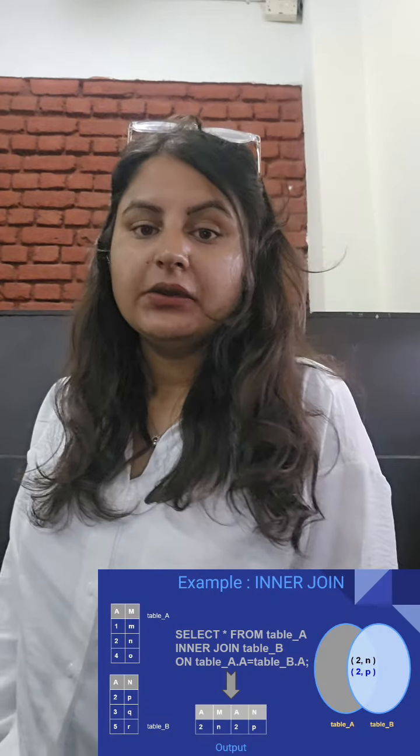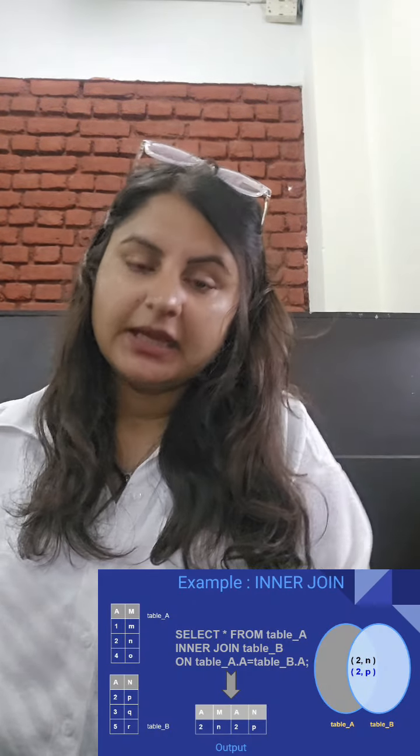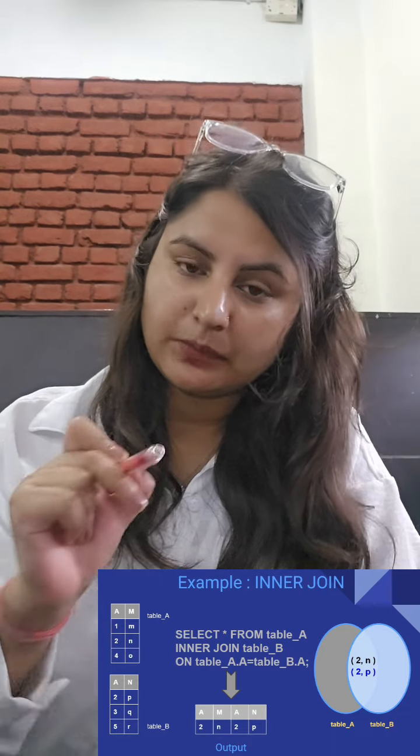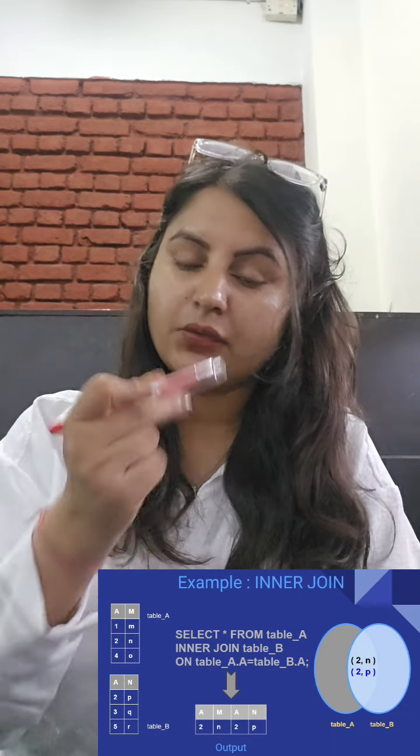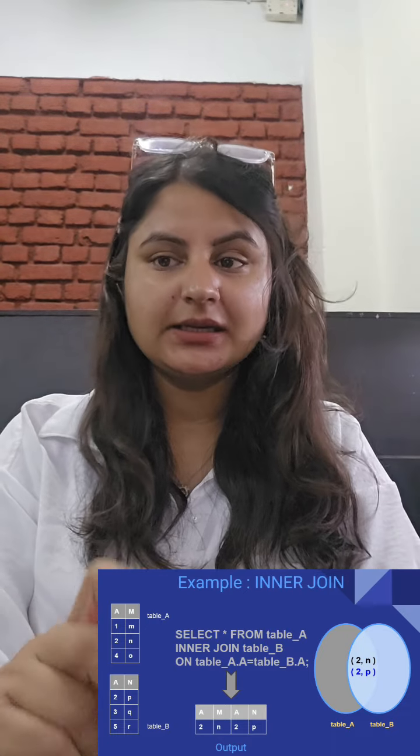If you want to combine the student detail with the fees detail of the student, how can we relate the record, how can we access the fees detail? In that case, there should be an attribute. Roll number can be there. With the help of roll number, we can identify the student, right?